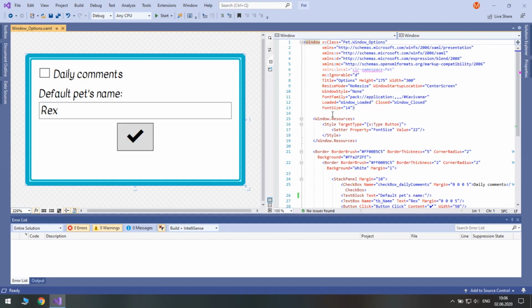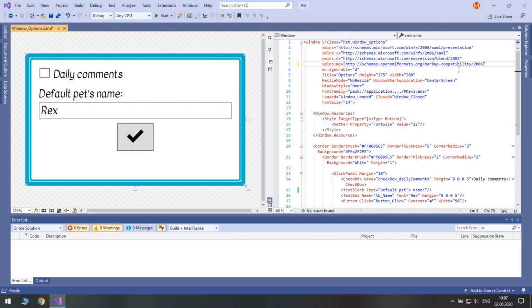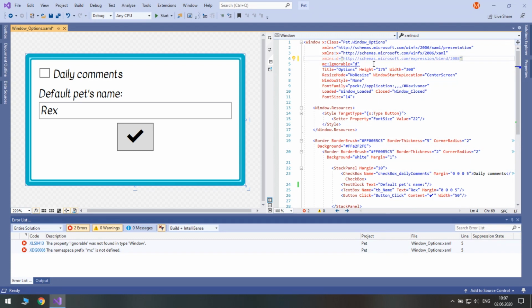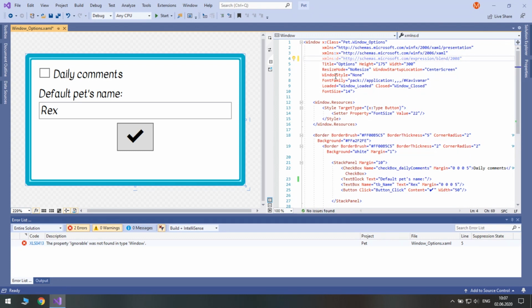Welcome back. Today we are going to update our options window with new settings and fancy UI. Let's start by removing the unnecessary, so we won't use local, and I guess we also won't use MC, and D as well.